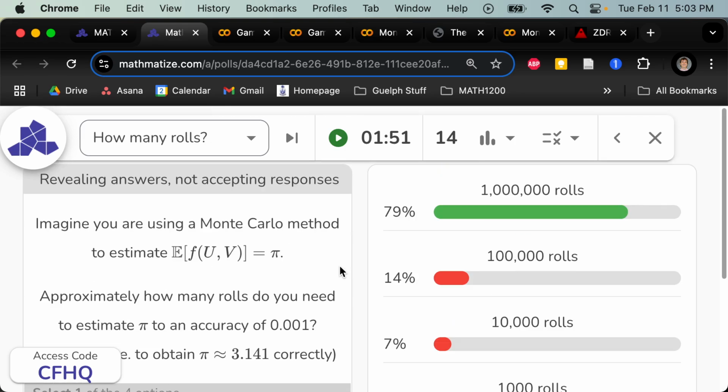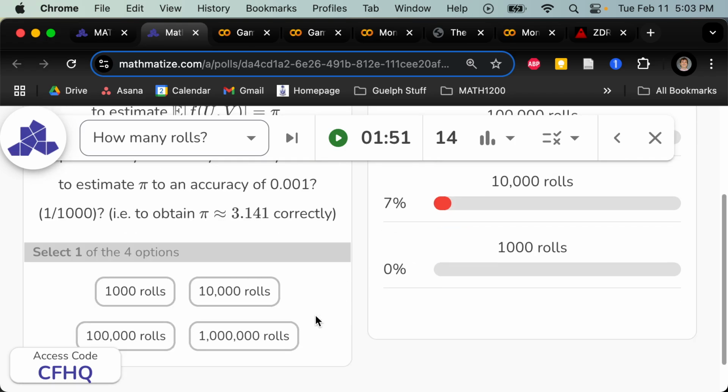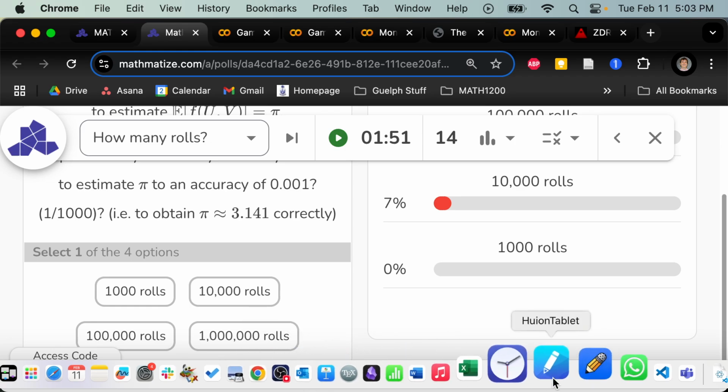Does anyone have a nice explanation of why 1 million is like the right order of magnitude? Yeah. I don't think it's a good explanation, but like the 10,000 was 3.1. I assumed 100,000 would be 3.14, and then I assumed 1 million would be 3.1. Wait, but then, I don't know if it's right. Oh, I see. So you're saying when you multiply by 10, I don't know. Okay, here's like a follow-up question, I guess, which is like,